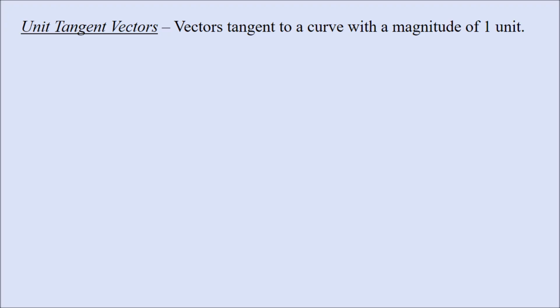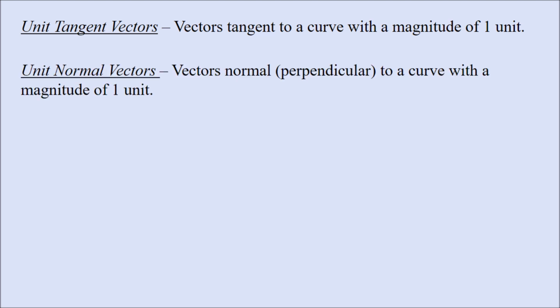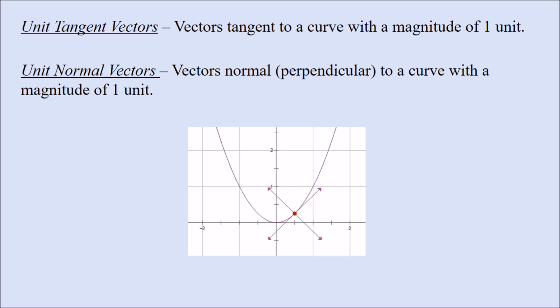Unit tangent vectors are vectors tangent to a curve with a magnitude of 1 unit. Unit normal vectors are vectors that are normal or perpendicular to a curve with a magnitude of 1 unit. And that's where the word unit comes in. Here's a picture